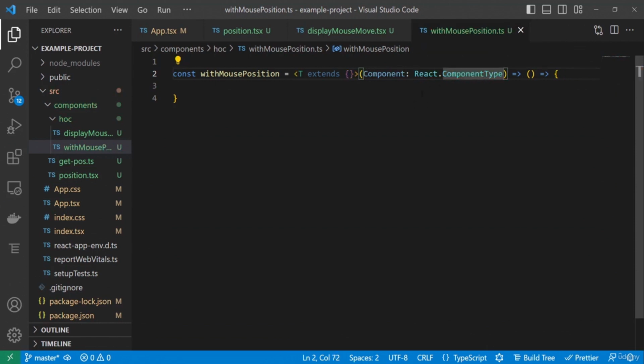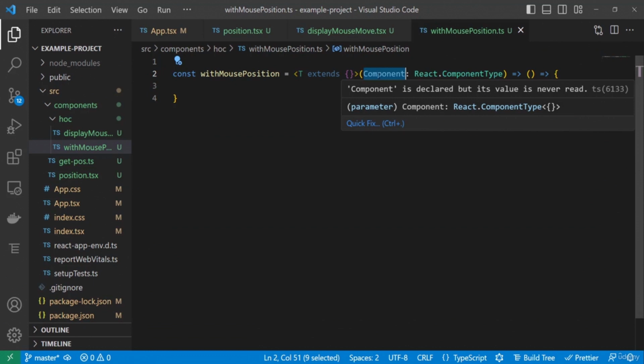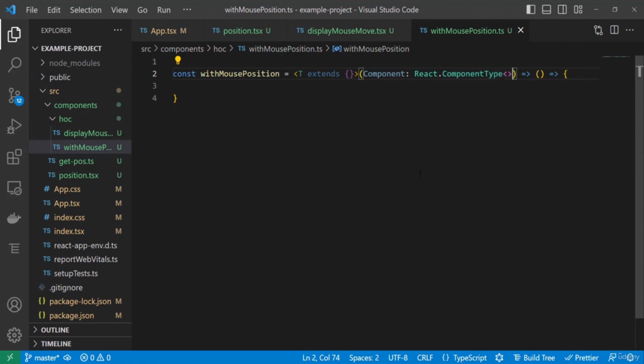Okay. So what we are going to receive with this with mouse position is a component. TypeScript says, what is the type of it? We are going to say it's going to be a React component type, and for the default value of it, we are going to pass the props, the type props of the props that are going to be received with